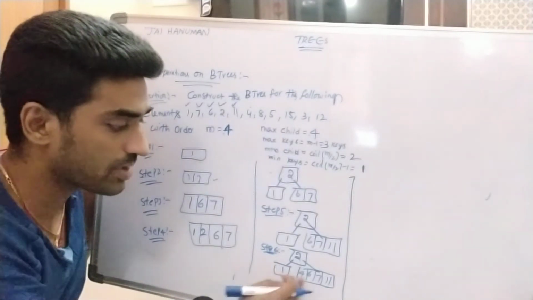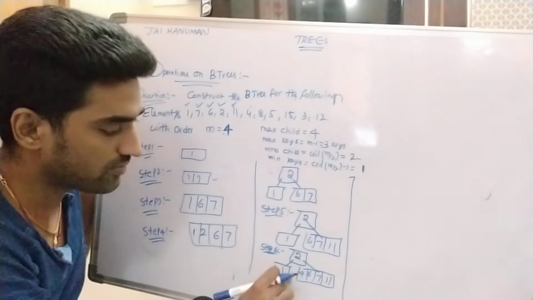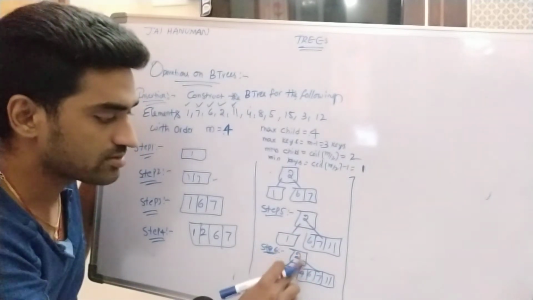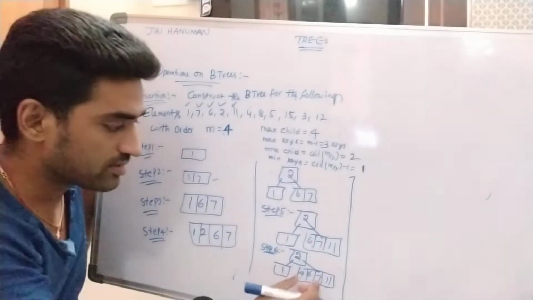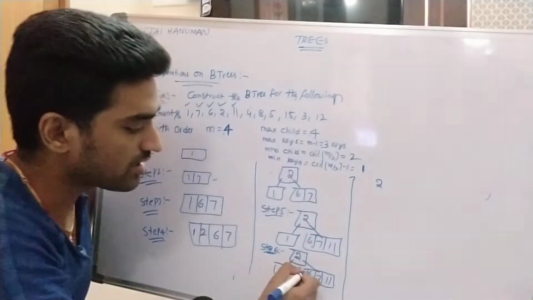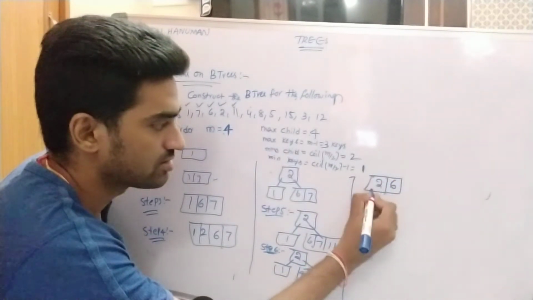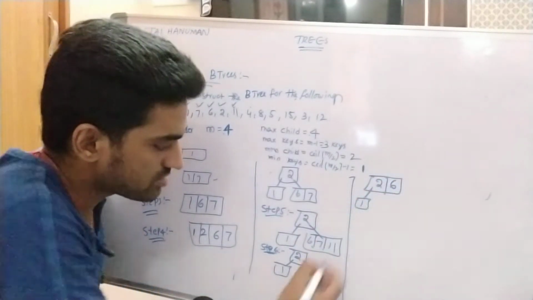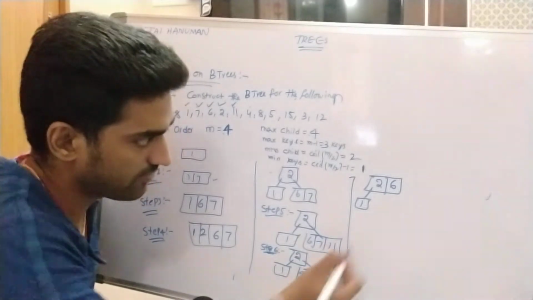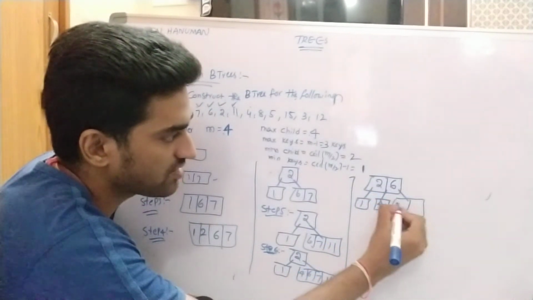So this is fourth order B tree which contains only 3 maximum keys, but this node contains 4 key values. So that's why middle value becomes root node for these children, right? So here I am taking left bias tree, so that's why I am considering 2, 6. So for 2, 1 is child. For 6, what are the childs? 4, 7, 11.